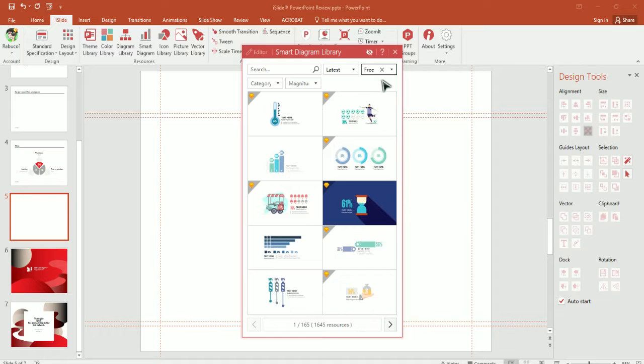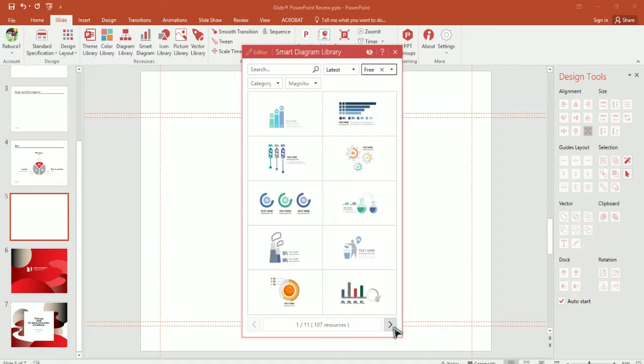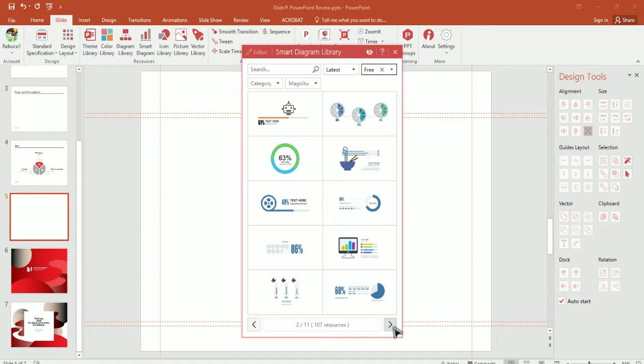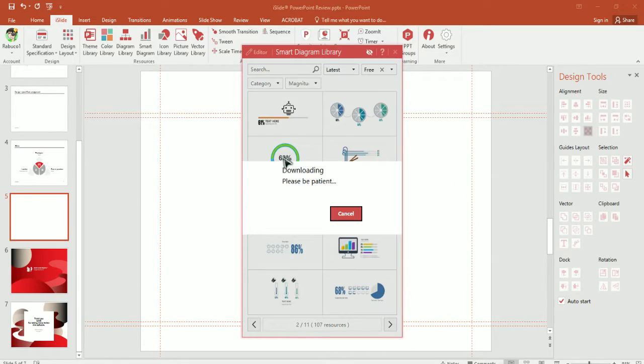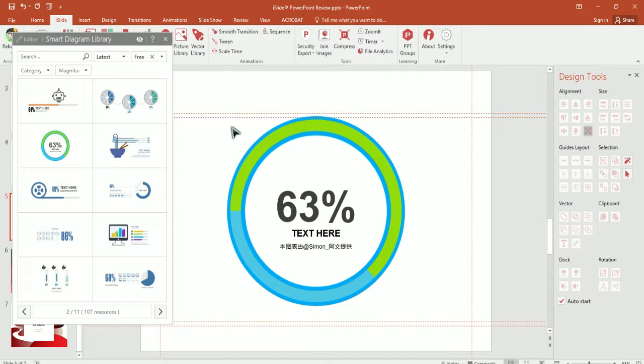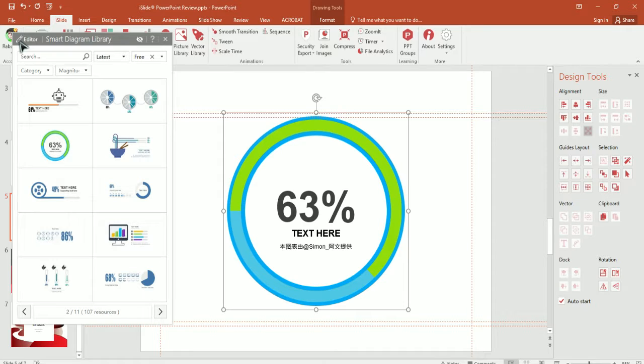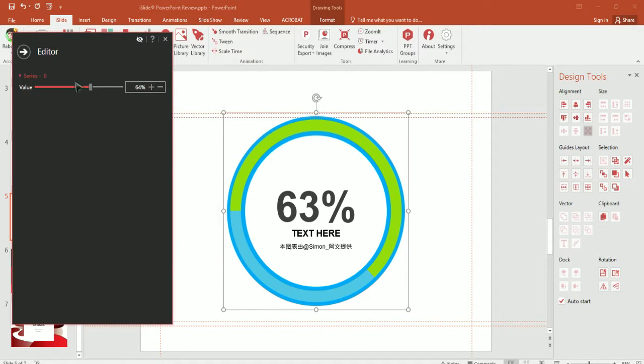Just like everything else, let's go free. And since we're going by the theme of iSlide still, let's use this one, where we're going to compare the difference between free and premium. So all we have to do is just select this, click the editor up on top of the smart diagram library, and then you can edit the percentage to whatever you want. So let's say this is going to be showing the differences between free and premium,